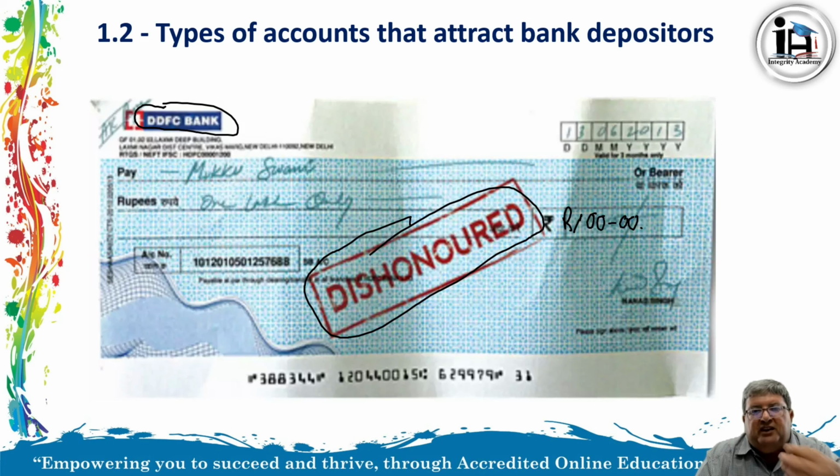Check has been dishonored. It means that client bought something from me, they've taken it, but they haven't paid for it because the check came back. In other words, what we also talked about is the check bounced. So then I know, okay, you are gone with the stuff you bought from me, the check bounced, it was dishonored by your bank. So I can phone you and say, listen, I've got a problem, I've got your check, it came back, it bounced, the bank dishonored it. So in other words, I didn't get my money, please bring my money or bring my stuff back, either or. But this is a dishonored check.